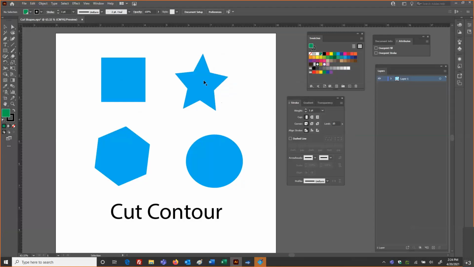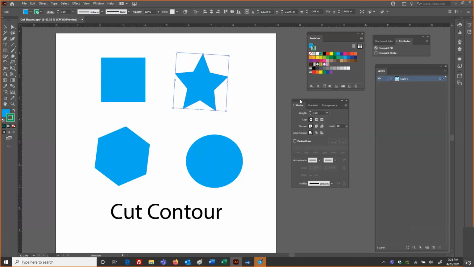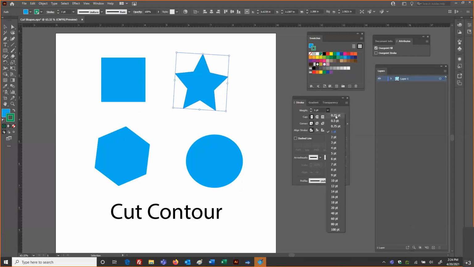One method of applying that spot color would be by selecting our object and applying a stroke of that spot color. And when we do that, you'll see I have my stroke panel opened. It does not have to be a great amount. A quarter point, half point is fine. We may pay special attention to align stroke to center, to inside, to outside. You do have these choices. But again, something as simple as a quarter point stroke is fine.